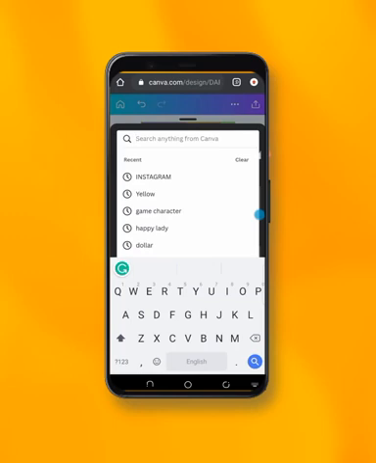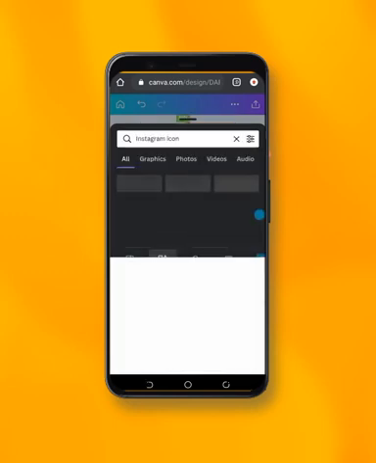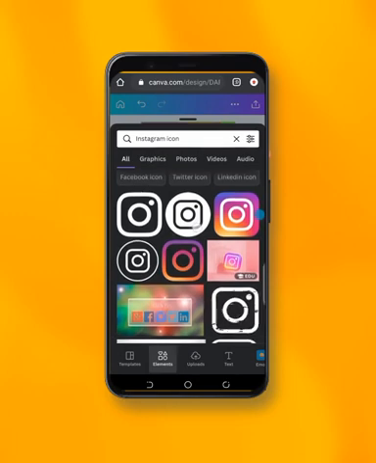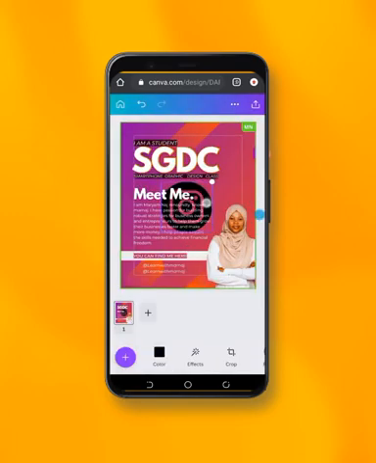Search for Instagram icon, just like that. Instagram icon. The one I'm going to use for this is the one here. You can see there is one with a transparent background, and one with a white background, which is this one, the one with the circle here. Let me bring it out so that you can see. I want you also to use the same one here. It's actually a transparent background. The only thing we need to do here is to change the color. So I'm taking it here,